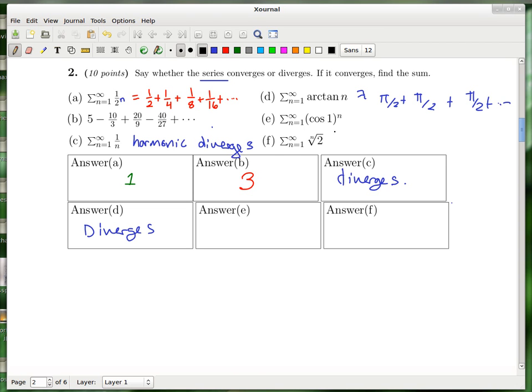So this is actually a geometric series. Let me write it down here like this. So cosine of 1 is some decimal number, and we're raising it to higher and higher powers. In fact, so that I can write it in the standard geometric form, I'm going to factor out one cosine of 1. I can do that. So factoring still works with series. You can factor it out of infinitely many terms at once, which is kind of amazing. And alright, so what I have here is cosine of 1 times a convergent geometric series, because of course this